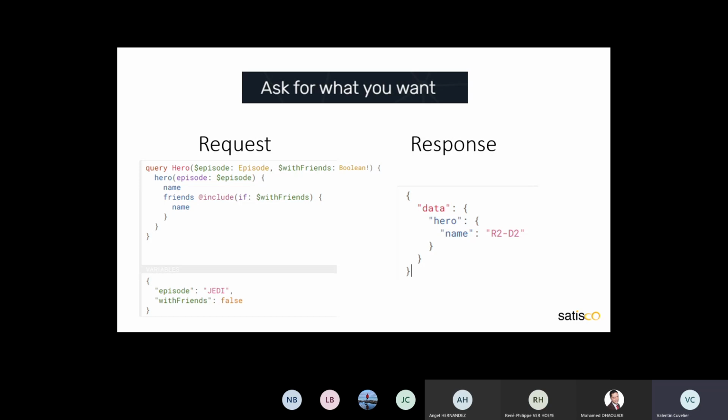So for example, it is described as 1, 2, 3, 4, the 4 lines. Friends, we include, and we have a connection with friends. So if we need to view all friends of the hero, we can specify the Boolean with true, and in this case it is false. So we have a resume of the response. We see the response. We don't have the friends linked to the hero.